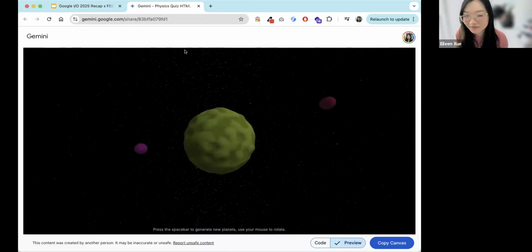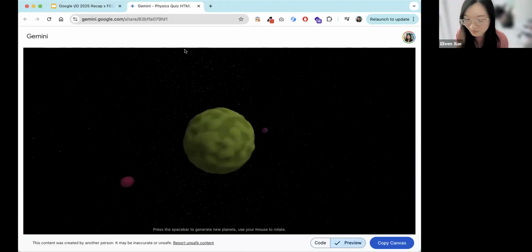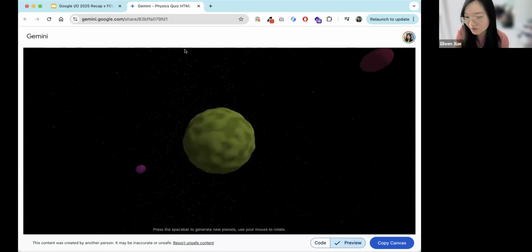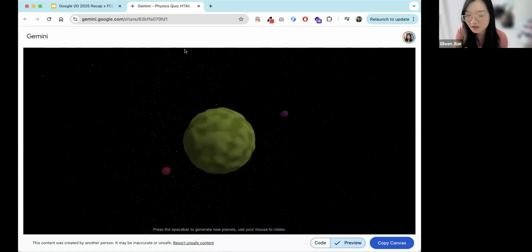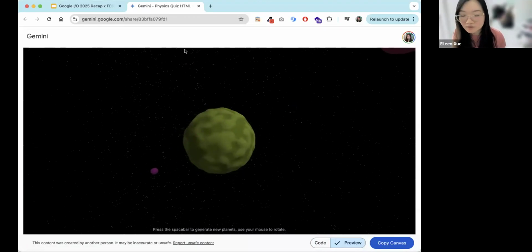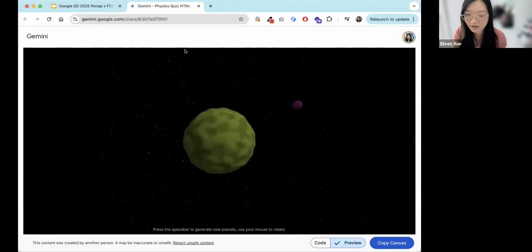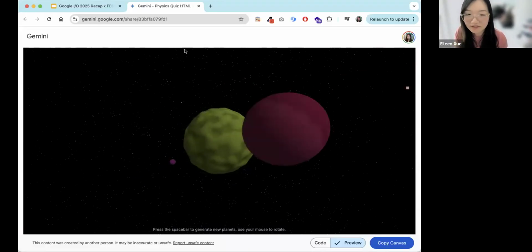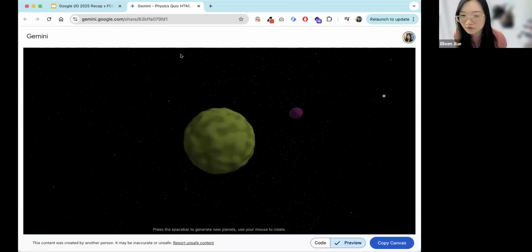For example, before, if you wanted to share a short code snippet, you would have to maybe prompt it on ChatGPT, then copy that code, put it somewhere else, could be CodePen, and then share that. But now you can just do it directly. I believe this one is already out for everyone.